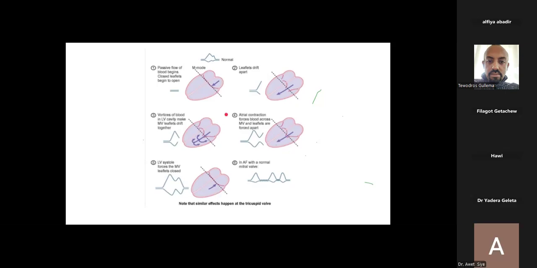So what are the determinants of closure of this AV valve, or generally the mitral valve, as an example? One, force of contraction of the ventricle. If the ejection fraction or force of contraction is low, their closure will be decreased. We will see the rest another time. We already have only 2 minutes left. Ask questions, and we'll continue in the next lecture.